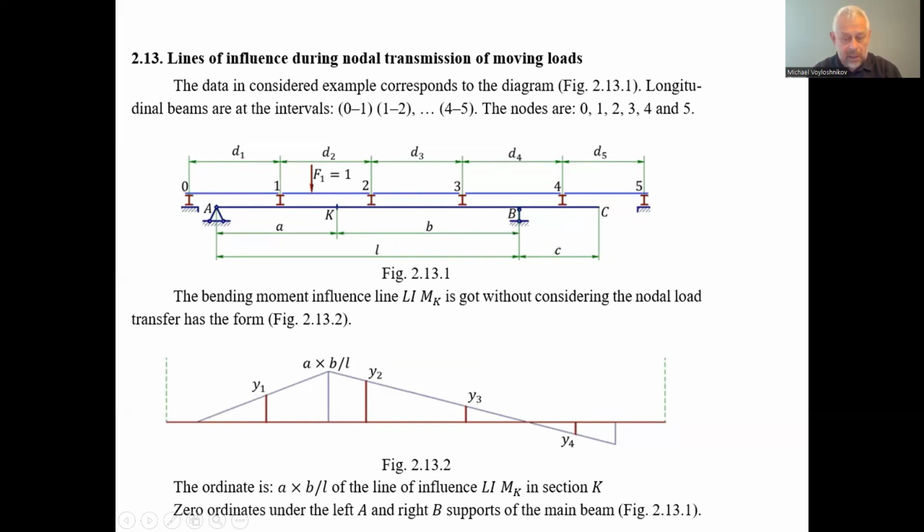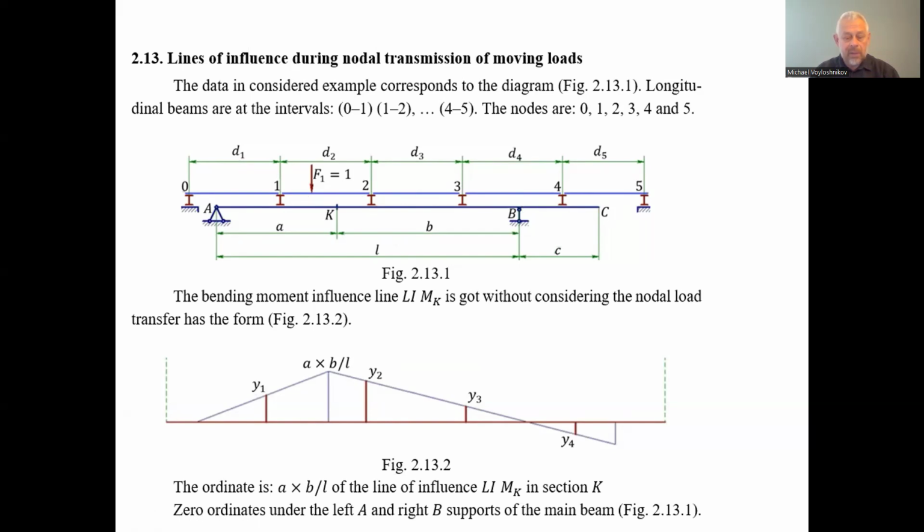The question is, can we find the line of influence of the moving load of unit force, unit weight F1 equal to 1, on the main beam, and how it impacts, considering the mechanical system consisting of two parts, the main beam and the auxiliary beam, besides the nodes as well, and the cross beams. So first of all, we must work out the